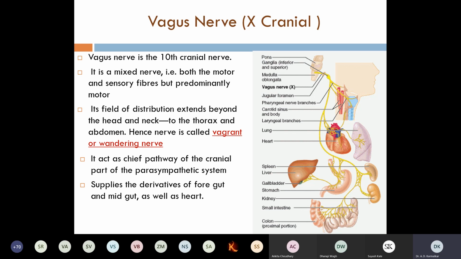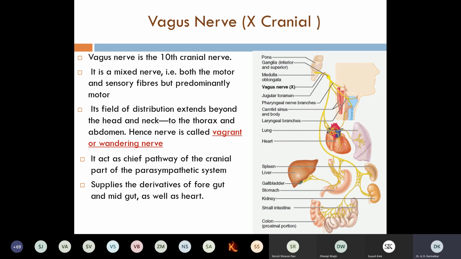If you see the vagus nerve compared to the other cranial nerves, it has a huge course and it is supplying different parts, different organs of the body. It is in the head region and the neck region, supplying the muscles of the pharynx and larynx; in the thoracic region, the heart and the lungs. Then we go downwards in the abdominal part. It supplies the esophagus, the stomach, up to the transverse colon, that is the right 2/3 and left 1/3 of the transverse. That is, parts of the foregut and the midgut are supplied. So it has a huge course, and that's why it is called a wandering nerve.